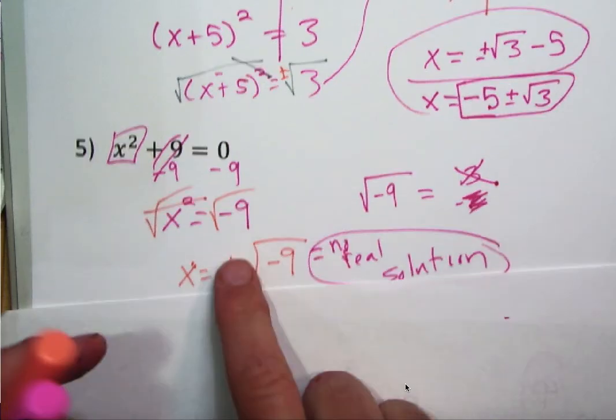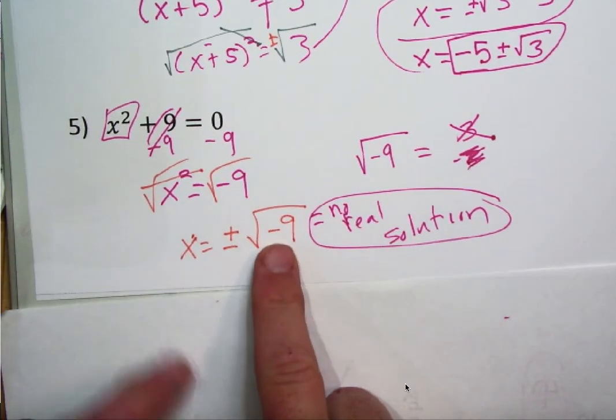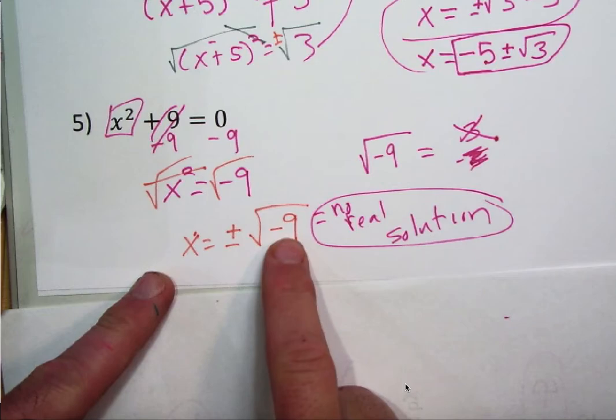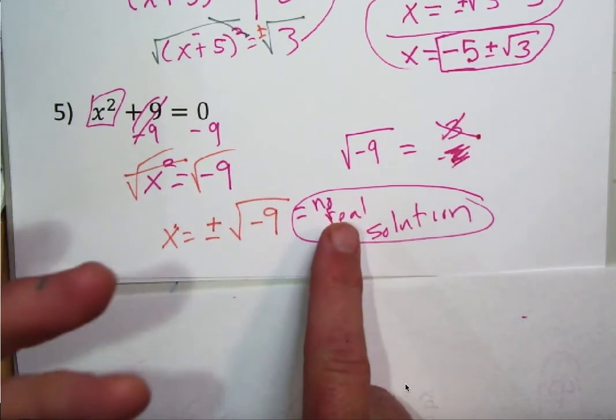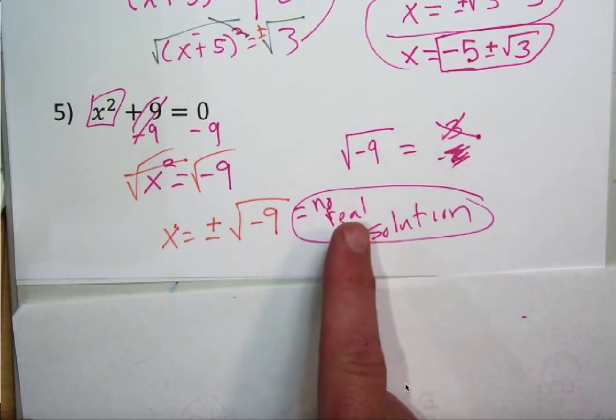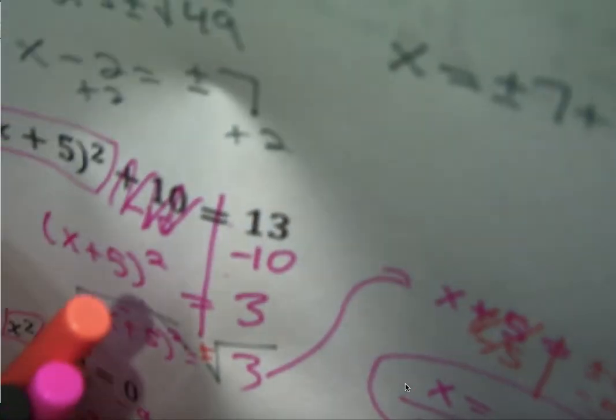And you're going to say, Mr. Ryan, that plus and minus, don't they go in here? I'm like, nope, that's separate. They're on the outside, not the inside. What is the square root of negative 9? There's no real solution for that. We have to make up an imaginary number. Okay, so